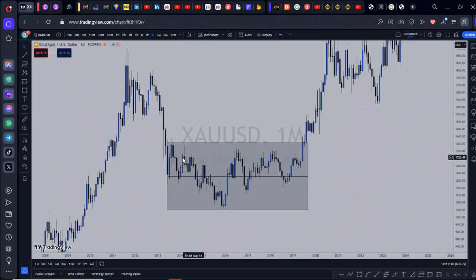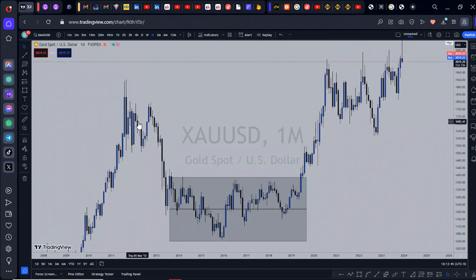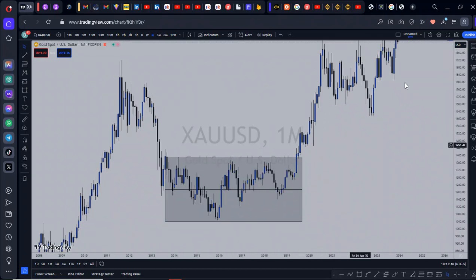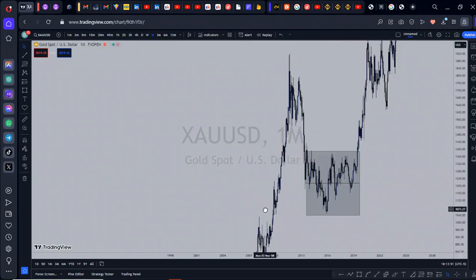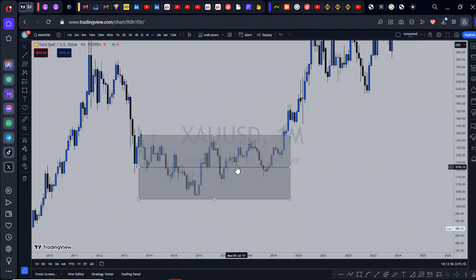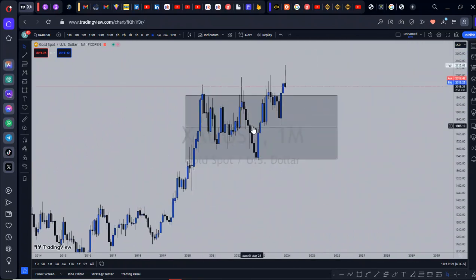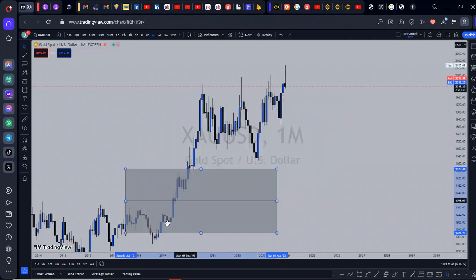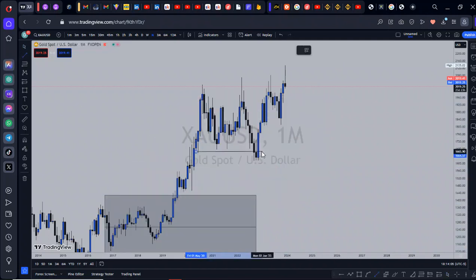Most of the ICT traders, we call it the market maker buy model. All right, so it's the same thing. Accumulation phase, the market maker, the algorithm trying to accumulate orders, and then push higher. So right here it did a distribution phase, traded lower, and accumulated right here to continue the overall strong bullish market. So we trade higher, and I think what it did here also was a reaccumulation of price right here, and the accumulation of price is when it traded lower to take areas of sell side liquidity pool and continue the bullish structure.